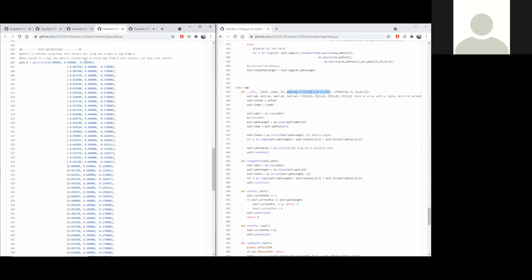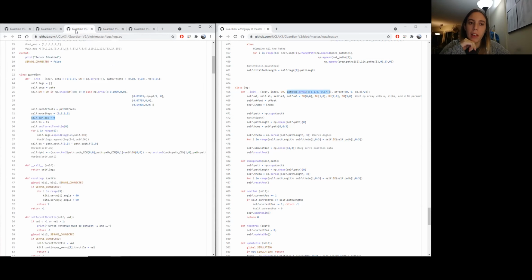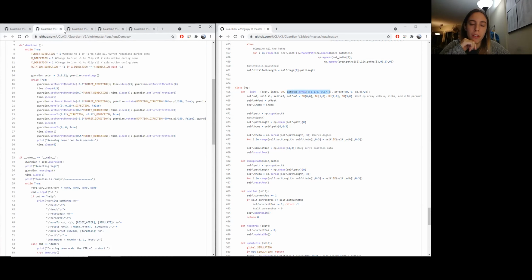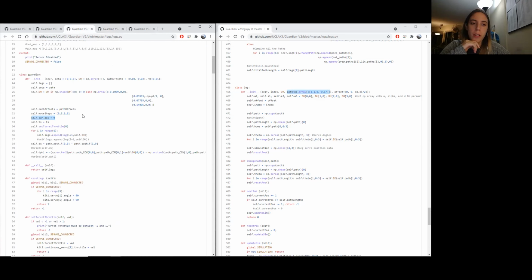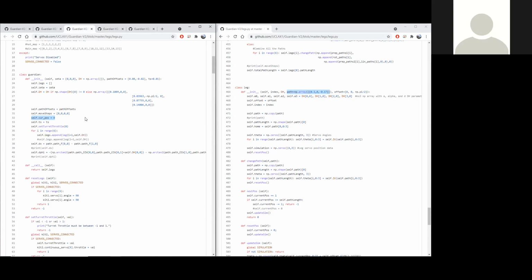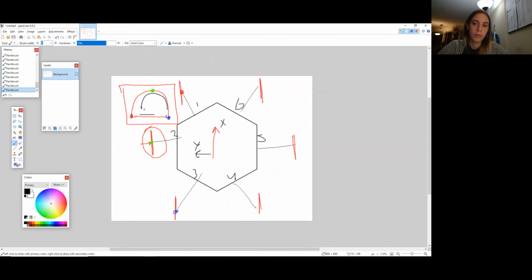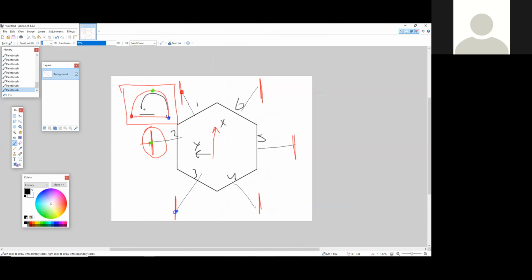Why is that a variable that's assigned to the guardian itself as opposed to the legs? Because each leg would have a different current position depending on time. Remember how I mentioned that what we're doing is we're delaying this path. Obviously, it's programming, there's a million different ways to do this. The way that made sense in my head is I actually delay the array when I give it to